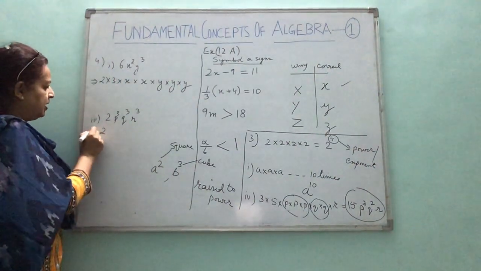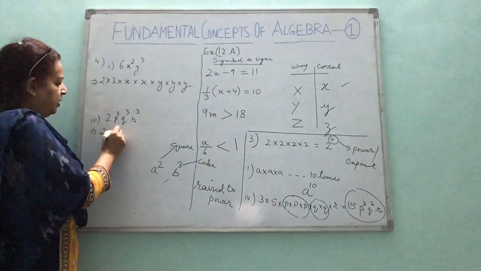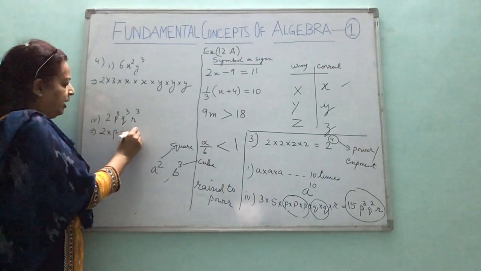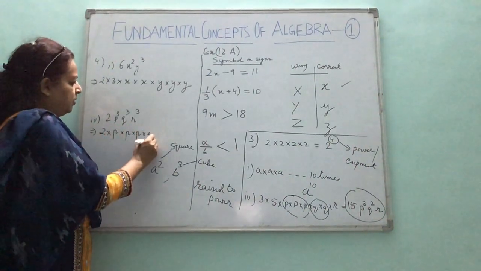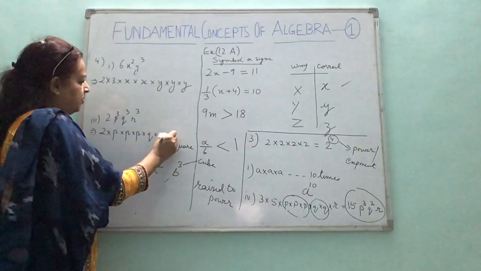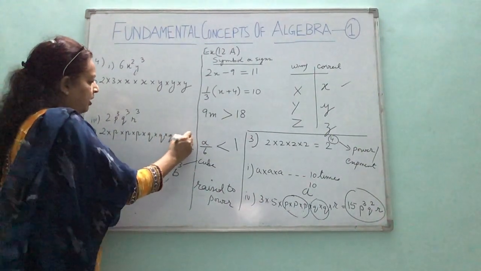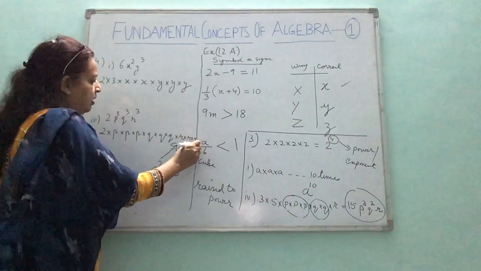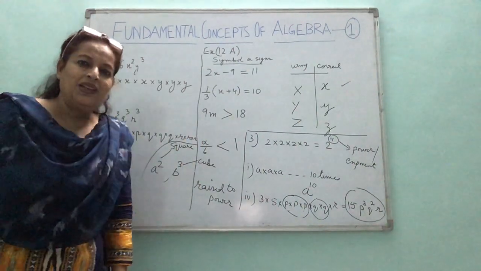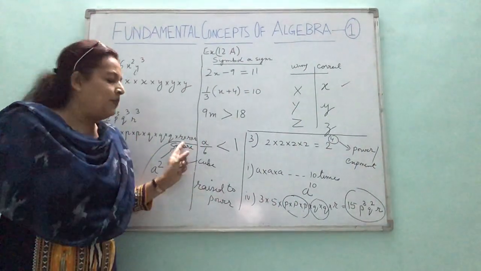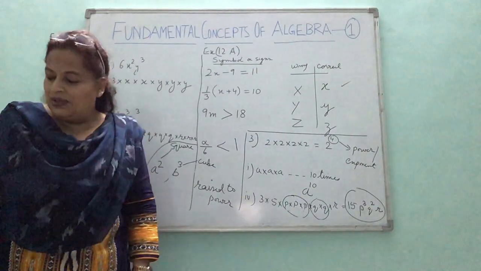How would this be written? This one, 2 p cube. So p into p, 3 times. Q into q into q, 3 times. R into r, 3 times. It would be in the product form. So children,